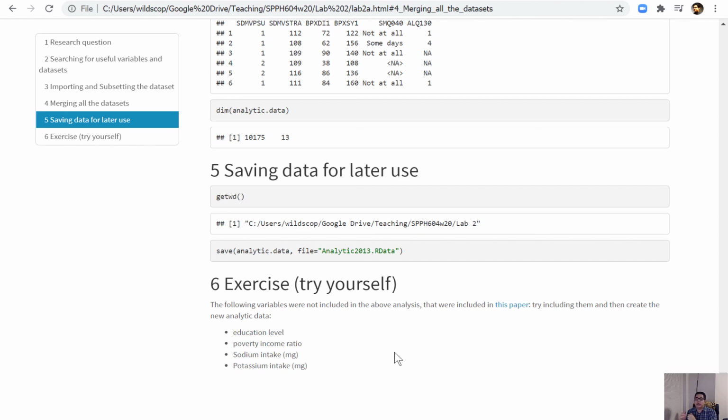But now that you know how to find and search a variable in a given dataset, you can try to search that using the